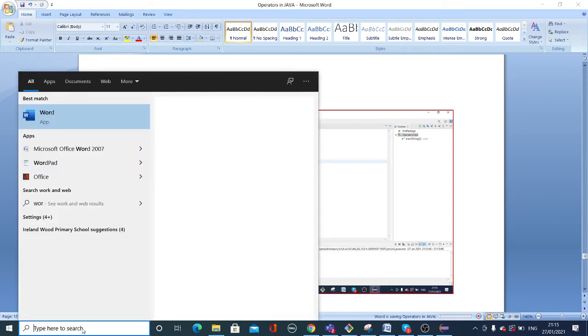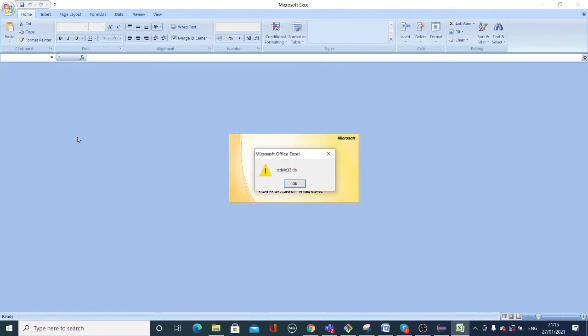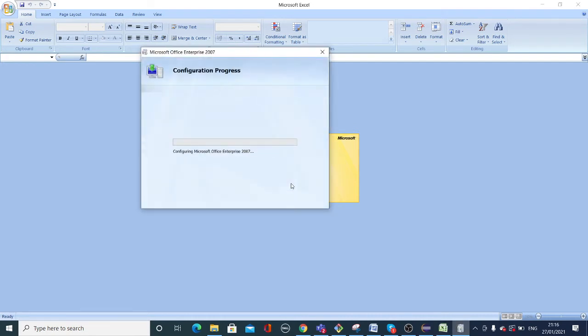Not Word, I need Excel. This you need to remember properly. If you don't remember it, then I don't know whether you are going to use it or not. But conversion from decimal to binary is a must. If you work in a project, I worked on smart metering and other projects where some of the values are converted into binary values. So far, do we have any question? Okay.